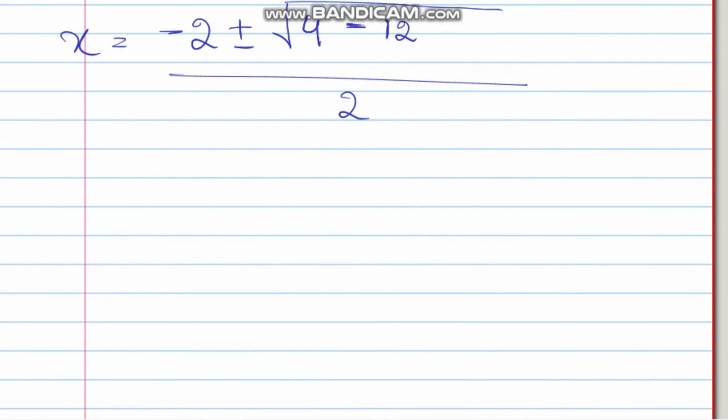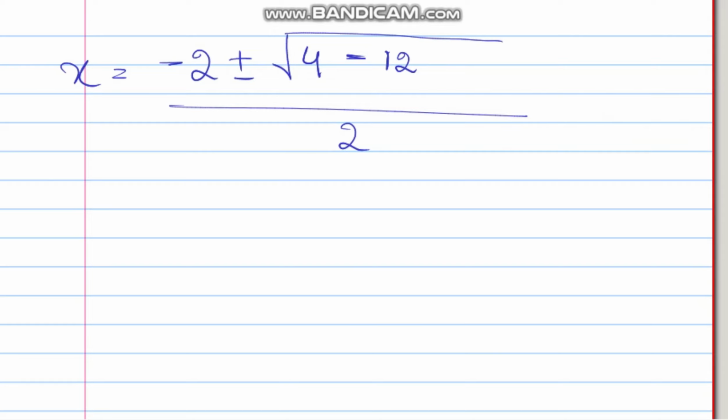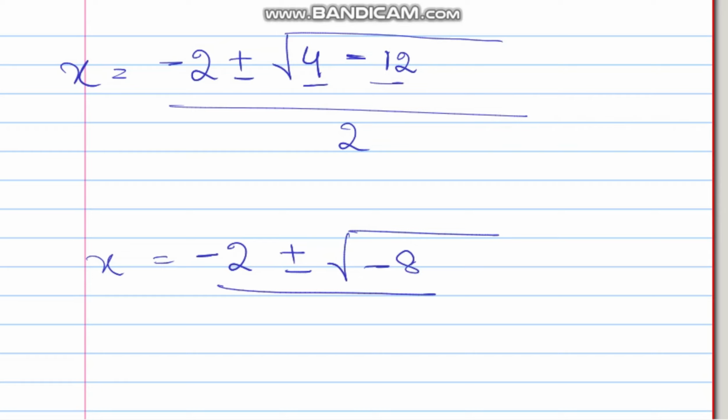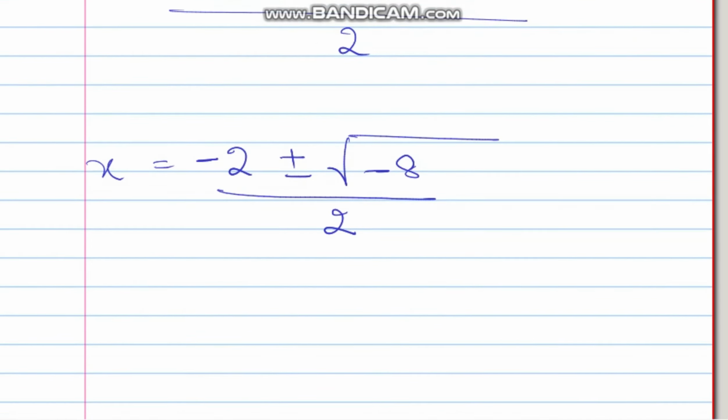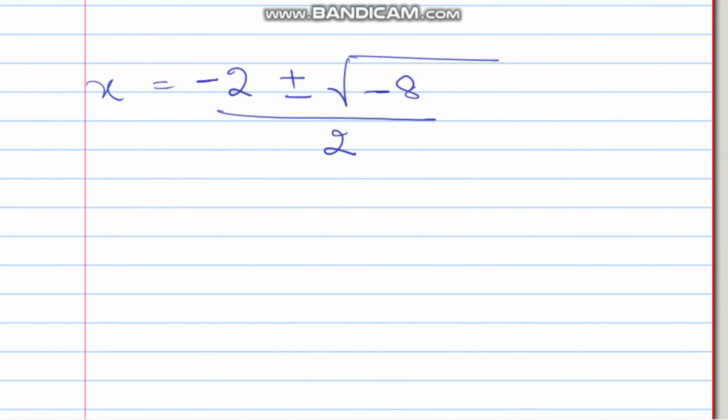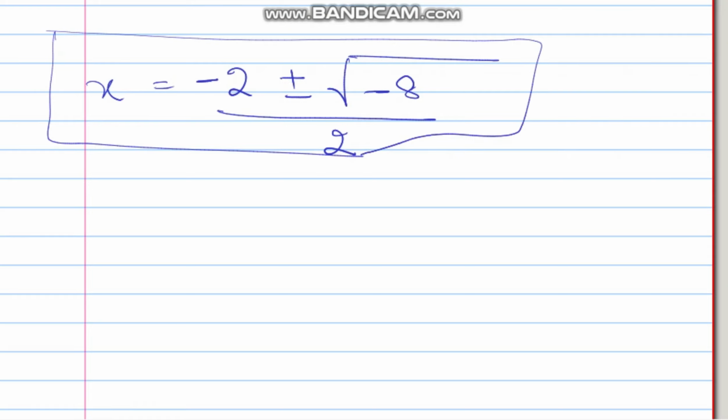Now just simplify this again. Minus 2 will remain the same and plus minus will remain the same. 4 minus 12 is what? 4 minus 12 will be minus 8 and the 2 will be this one. So dear students, this will be your answer, or this will be the answer for your course. The answer till this one is correct. You can also simplify this further. We will do some other simplification, but we will not do it in this course. In this GED mathematics course, this answer